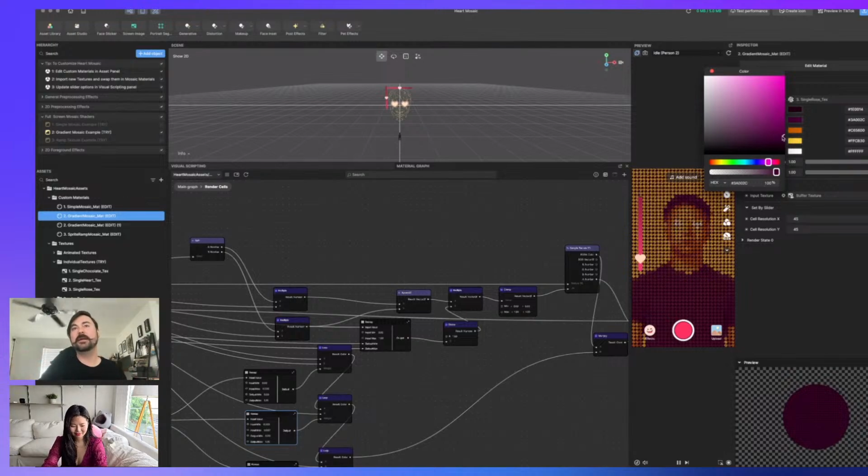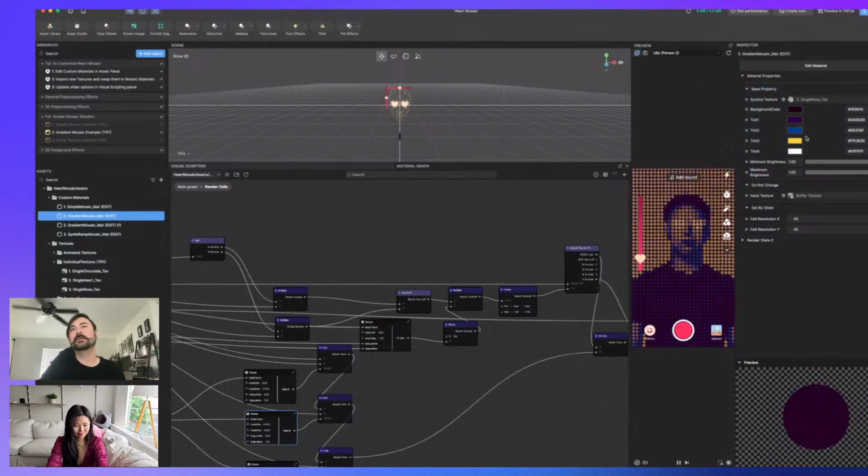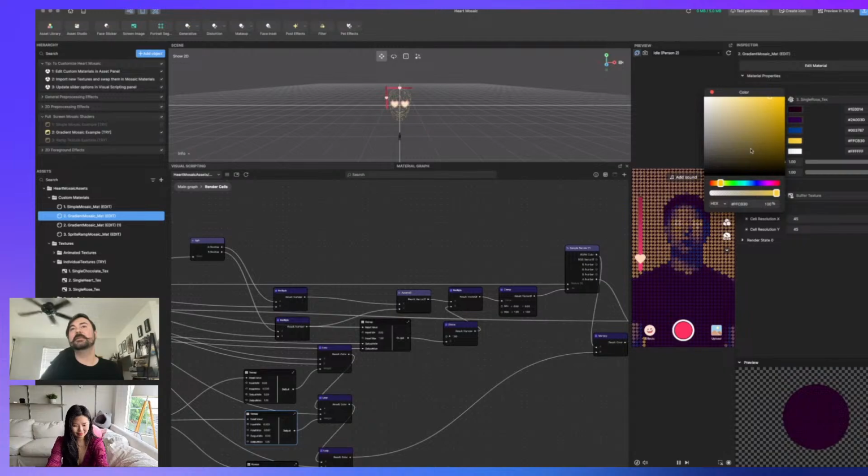So let's start with a dark color as our first out of 4 colors. So let's say I kind of like this purple. That's why I chose it in the first place. But let's go a little more blue purple, and it'll be very dark. This orange, we can do like a blue that's a little lighter, but still should be dark. And then the third tint, let's go like orange. We want to make sure it's brighter, but not all the way white yet.